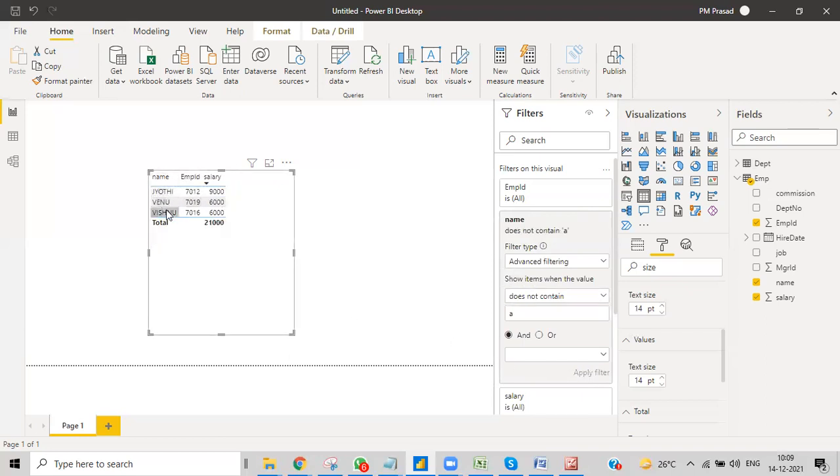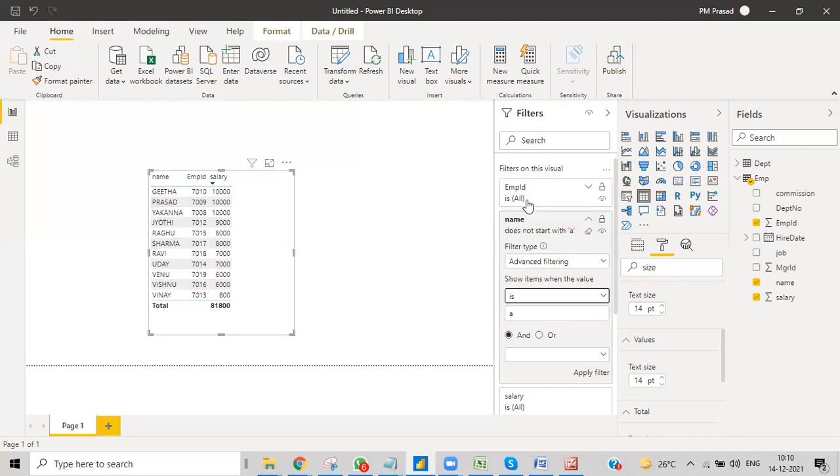So here in this, I don't have any A's. If I want to start with names with A, obviously I'll get that one. So Ammu and Aswin start with A. And then if I want names that do not start with A, or the letters that do not start with A, and then like is,